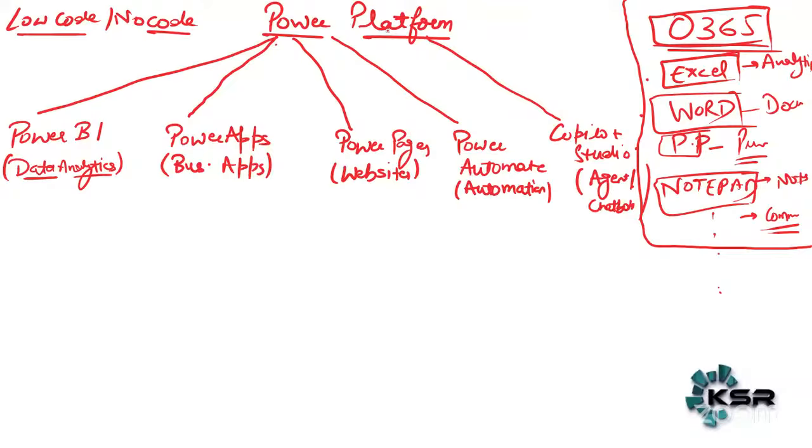Now, guys, think of any business around you. It can be anything. What does a business require? It requires an application, a website, automation, an agent, and Power BI, right? Let's think about KSR only. All of you are sitting in KSR now, right? So we have our website, and we have our application. We are automatically sending invites to the people. We will send you emails once the class is cancelled, or if the class is rescheduled, right, guys?